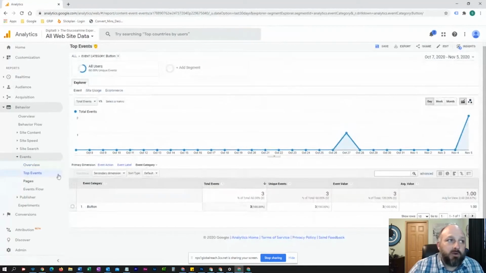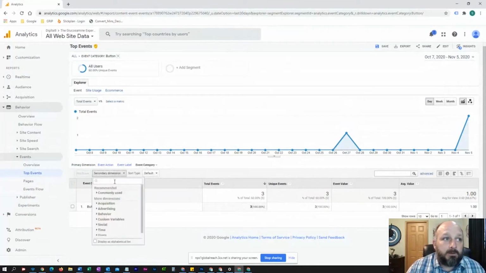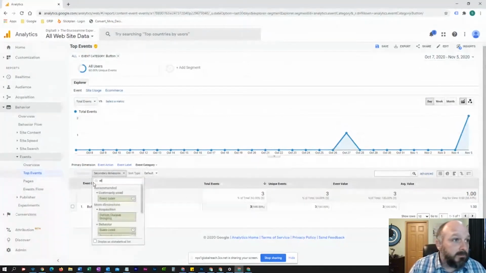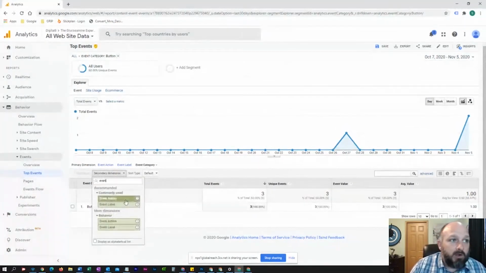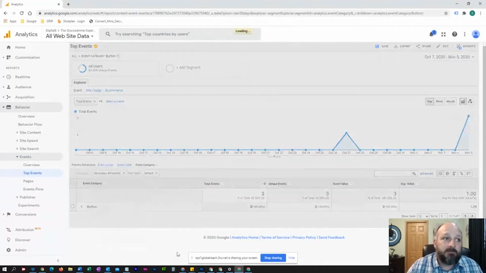Now you could go into your Google Analytics under Behavior, Events, Overview, or Top Events, anywhere actually, as long as you know how to use a secondary dimension in Google Analytics, which is right here. Just type in event. Now you have all the events you're creating. You have your action and you have your label. Actions, if you're going to start looking at different clicks or submits, depends on what category you put them in. But right now I'm not going to go into those, because all we're setting up is clicks. But if we go to label and add this in here,